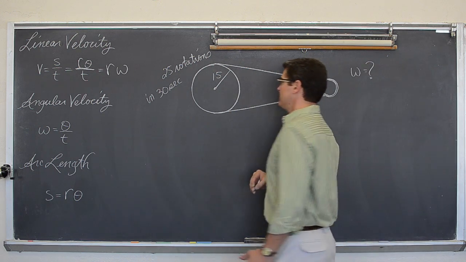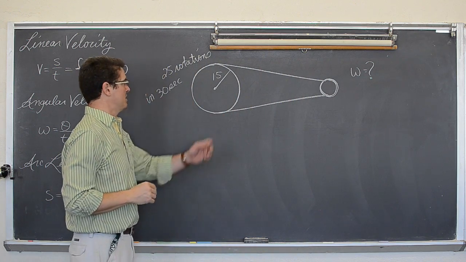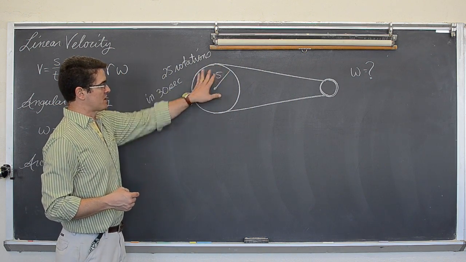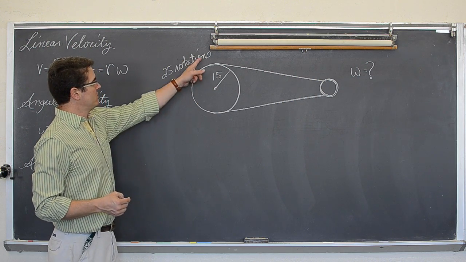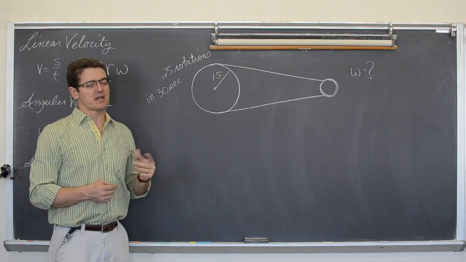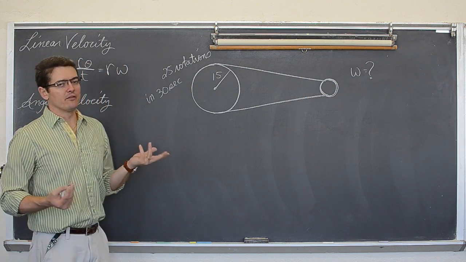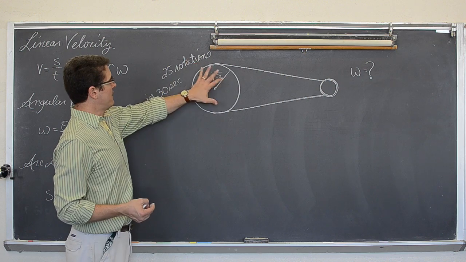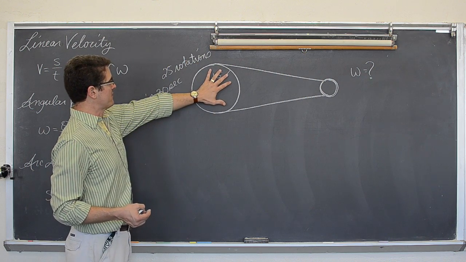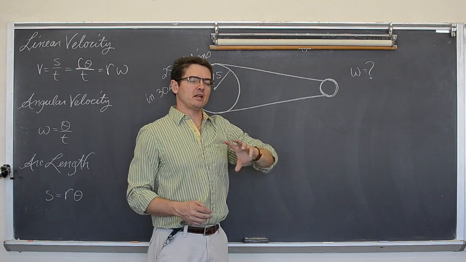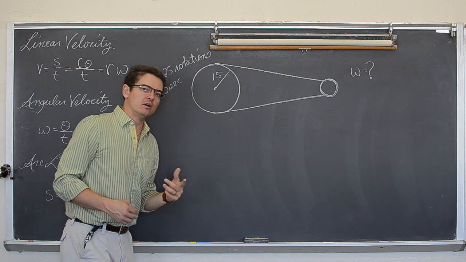Let's say this is a bicycle setup, and you're up here pedaling the bike, and you've got a front sprocket with a chain going around it, and your pedaling is 25 revolutions in a 30-second period, which would be 50 revolutions a minute. If you're doing 25 revolutions in 30 seconds, how many times is that back gear spinning to turn that back wheel?